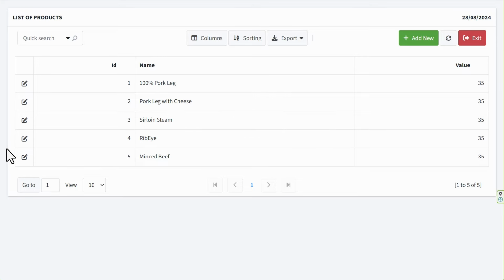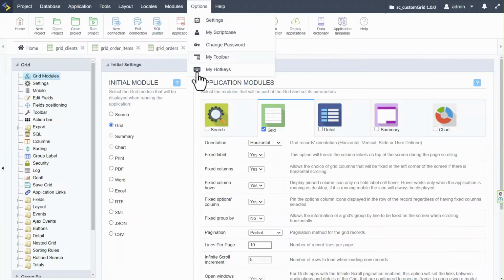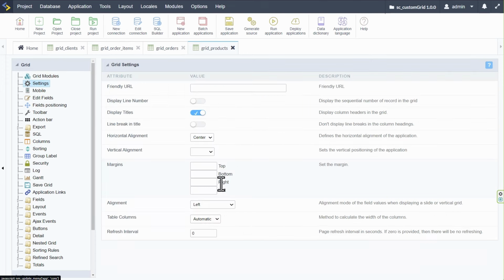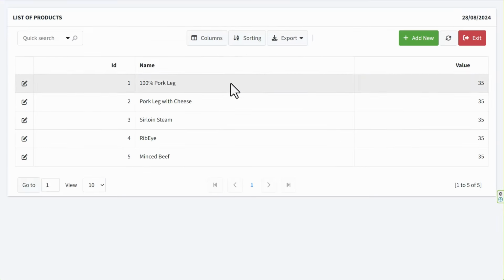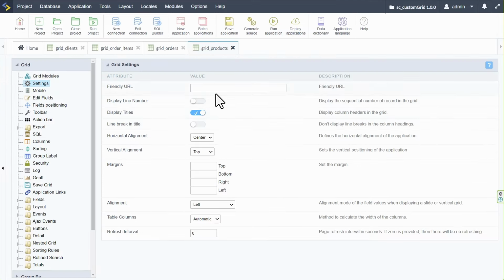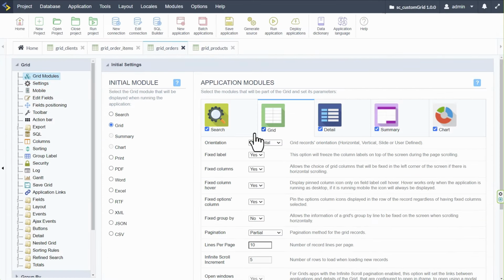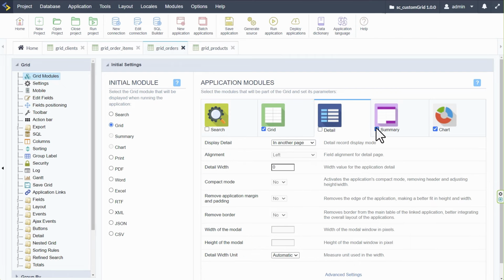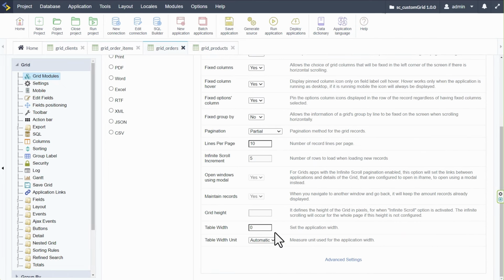Now, we do have some padding around the grid application here, and yes, if you watch generally, then you'll know we have here the vertical alignment, and if I set that to top, it will squish that into those corners there, remove the padding and everything, and it will be quite nice and big like so. And I want to apply that now to all of these applications. I'm just going to do that very quickly here, and again